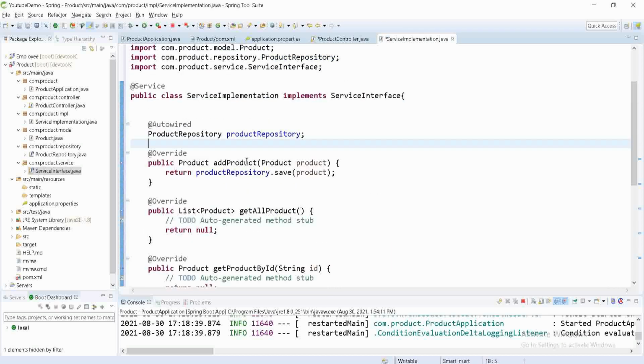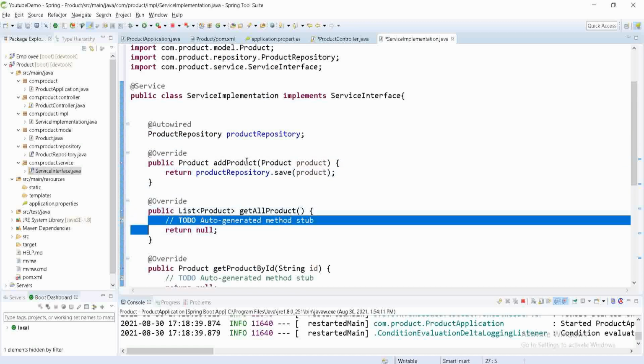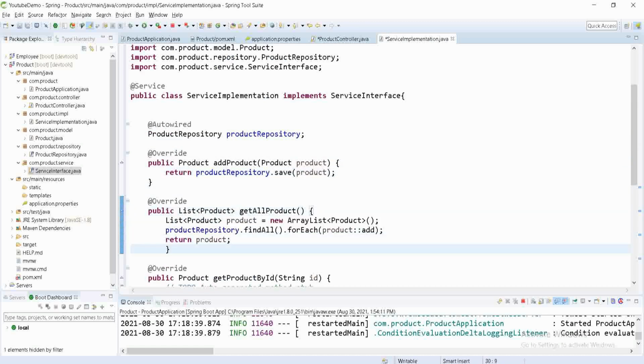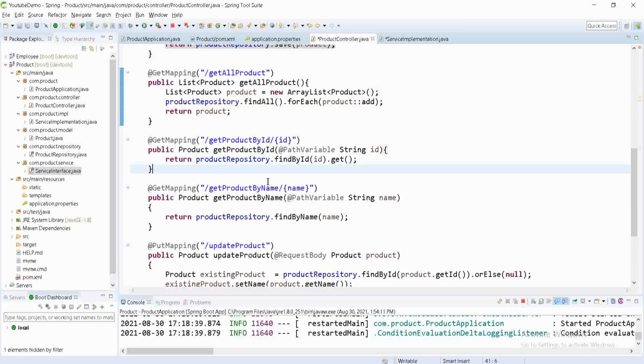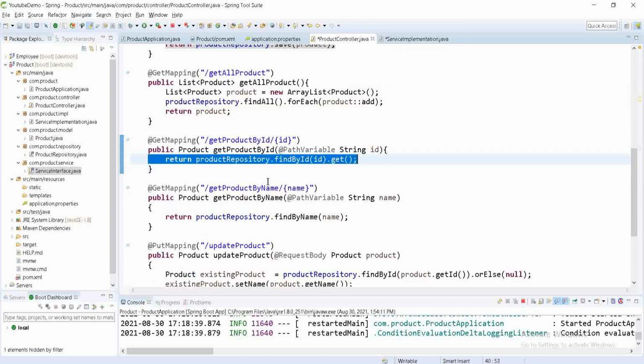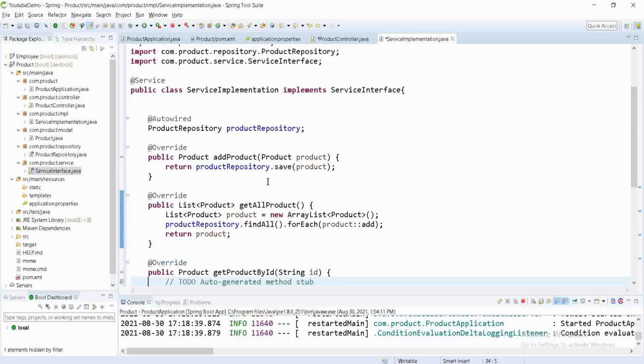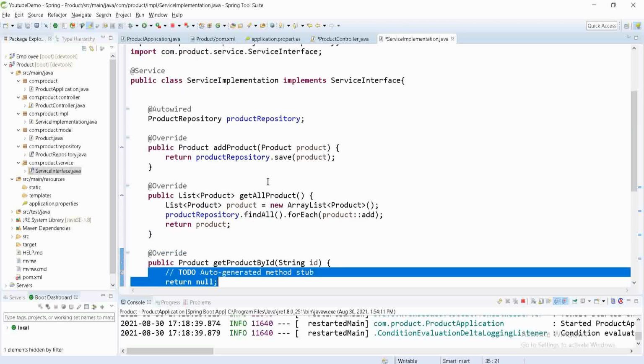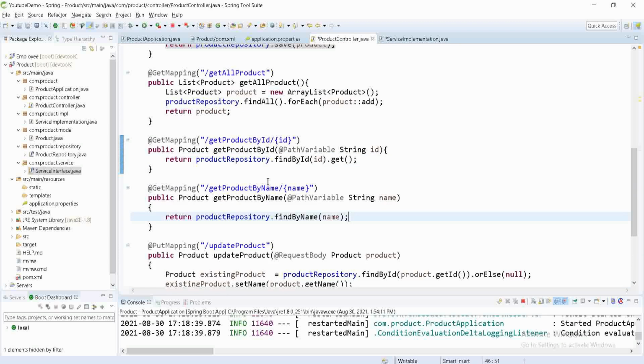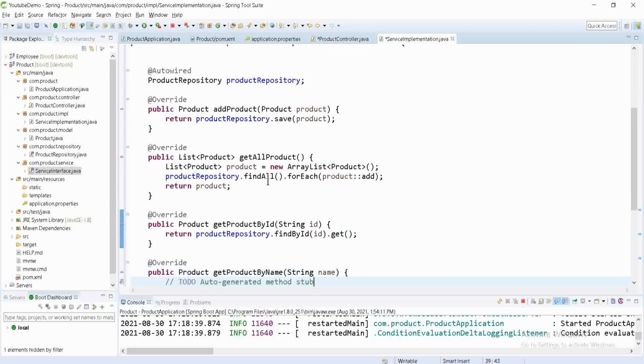Next is get all product, where we do the same. Then the next is get product by ID, then find by name.